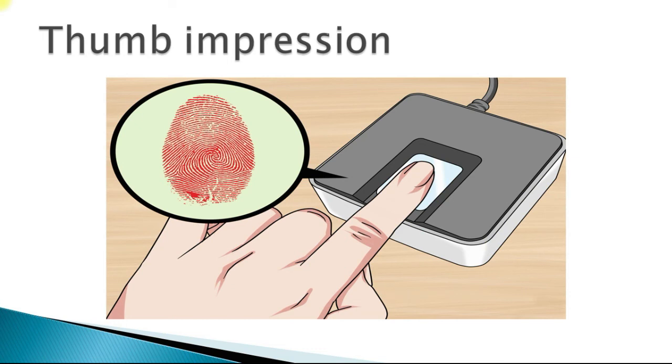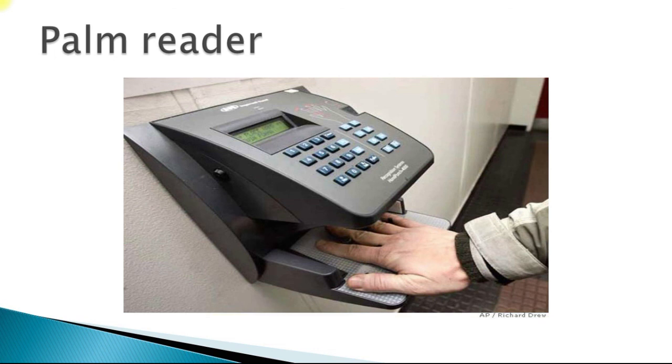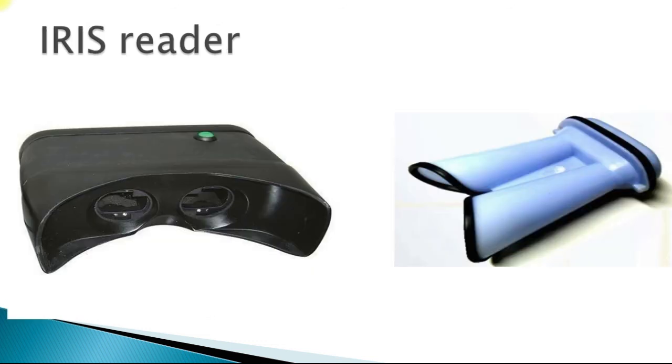Today we are well aware of thumb impression devices. Wherever we go, biometric authentication is there. Thumb impression readers are there. Right? Aadhaar card enrollment is the best example for us. Palm reader, to read the entire palm, there are palm reading machines, an advanced technological device. Iris reader, it is also seen in Aadhaar enrollment when they want to capture our iris. Retina scanner, right? A retina information scanning device.